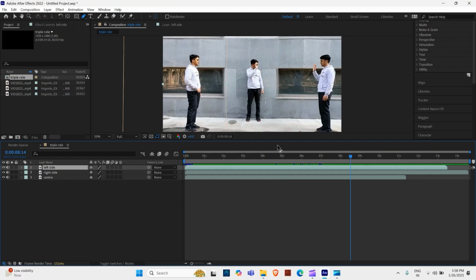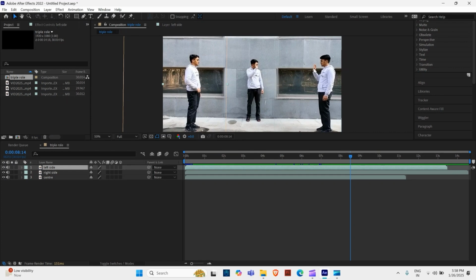As you can see, during the shoot I have maintained eye contact with the other character so that it looks natural. It is very important that all the characters have eye contact with each other so that it looks very pleasing. These small details make a very huge difference.